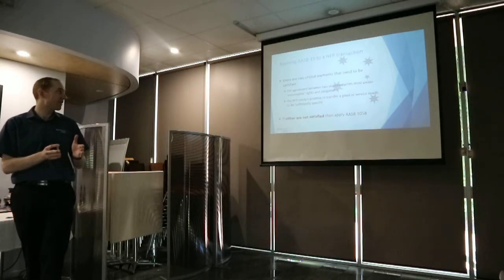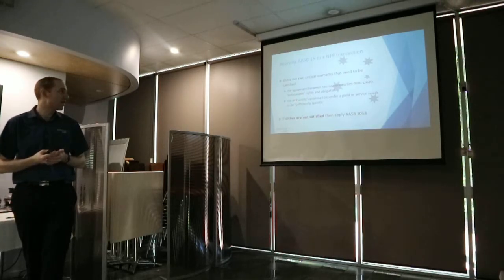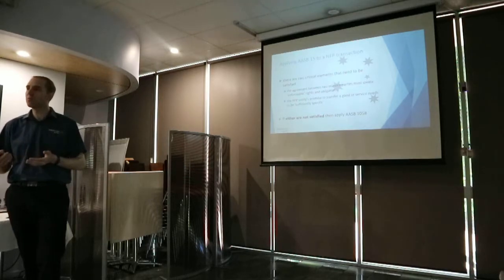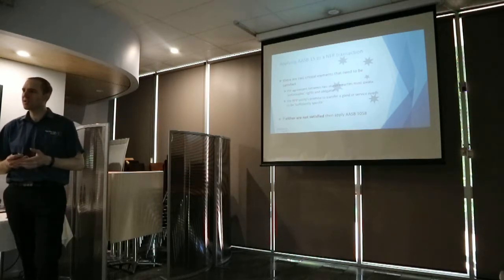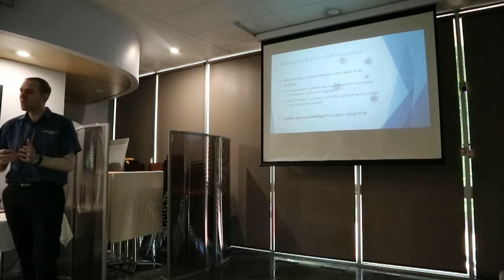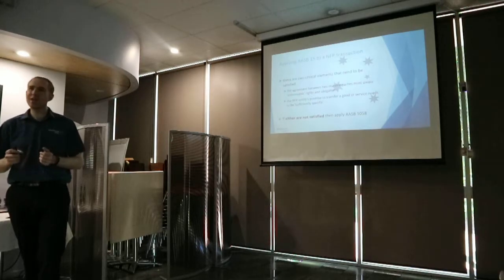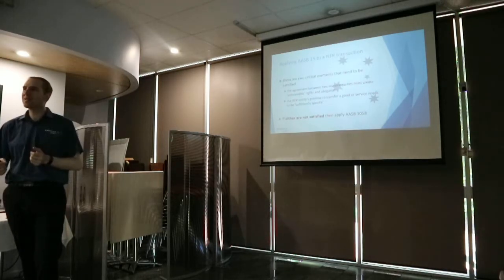In order to sit in 15, you need two elements in the contract. You need there to be enforceable rights and obligations. So there needs to be an ability that the customer can actually say, I've contracted with you to do this, you must do what we've said, or if you don't, give the money back. Or there needs to be some sort of enforceable rights. There also needs to be a sufficiently specific promise of what you're going to do.